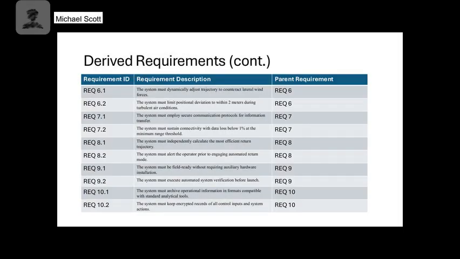So continuing from our previous slide, we have the additional derived requirements that are further going to refine our system's performance. We have the remainder of our operational requirements derived here. So talking about including stability in windy conditions, ensuring secure and reliable connection and communication, enabling autonomous return to base functionality. And we're also going to address quick deployment, automated system checks, data storage for post-mission analysis, and so on